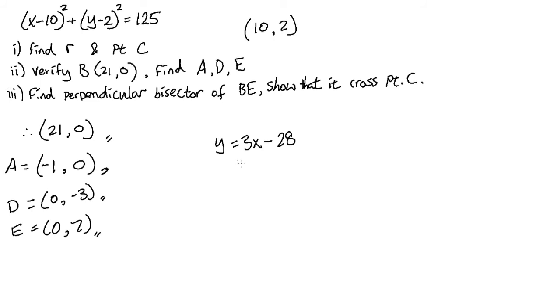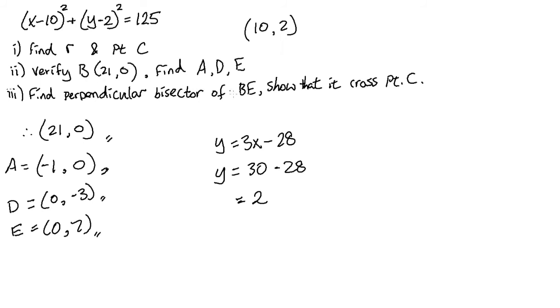So if we sub in x is 10, y is 30 minus 28, which is equal to 2, and that satisfies the y coordinate of point C,